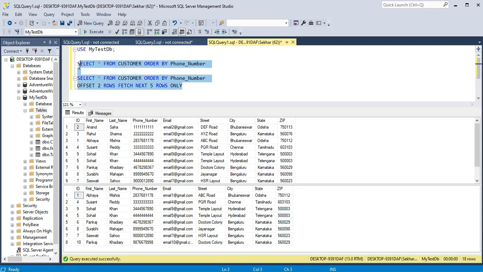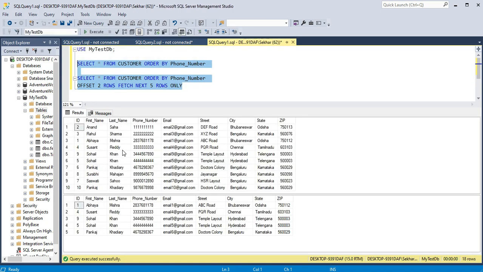If I run this query, you see here the first two rows have been offset in the second query, meaning they are not coming in the result, and it is fetching only the next 5 rows. That is actually how OFFSET and FETCH work in SQL.